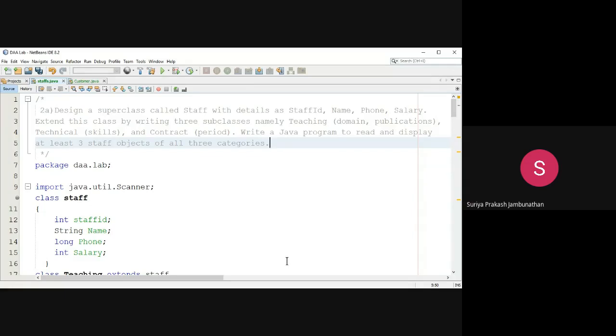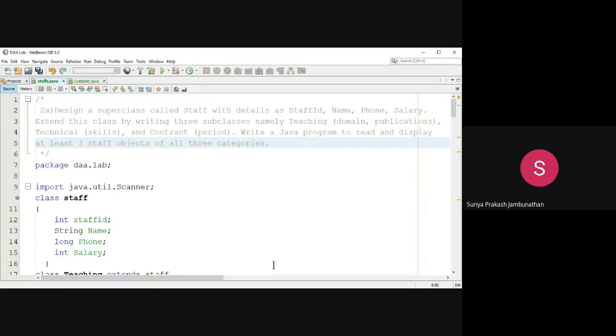These four variables are used as common variables for all the three categories. When you are going for teaching staff, contract staff, or technical staff, whatever the category, these four variables are common among these three categories.